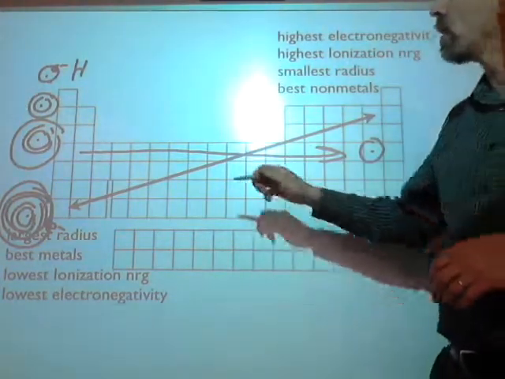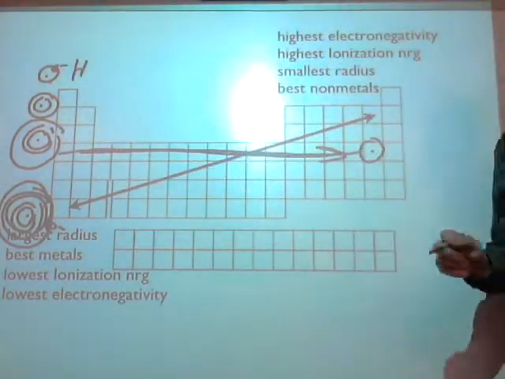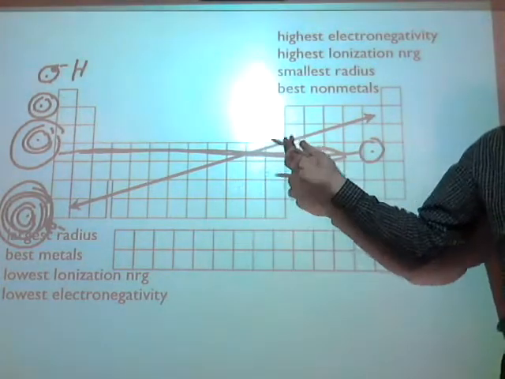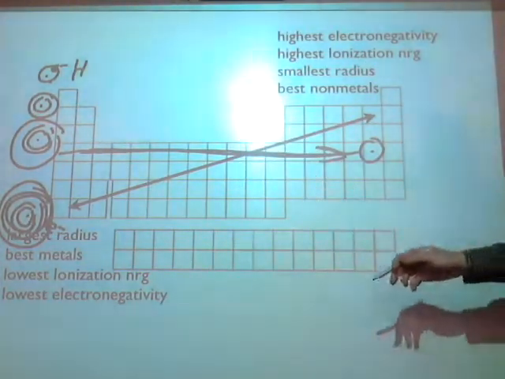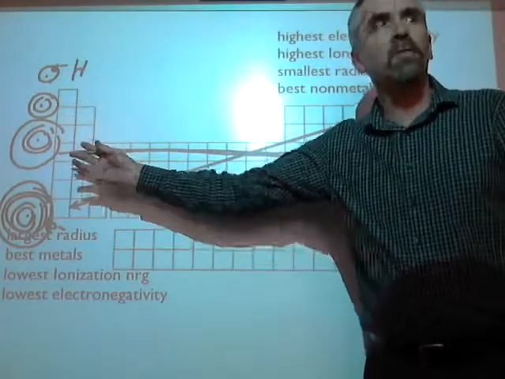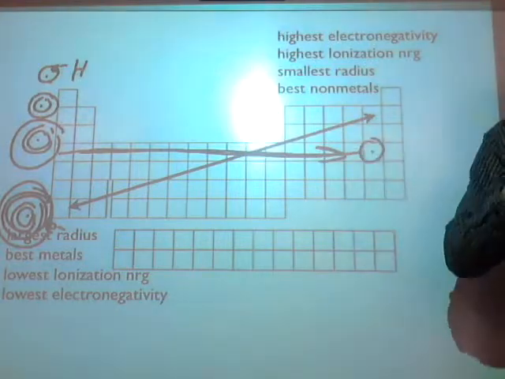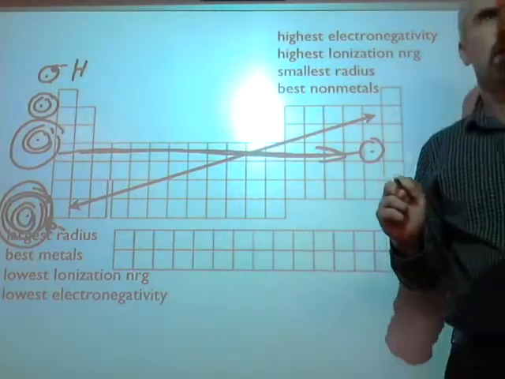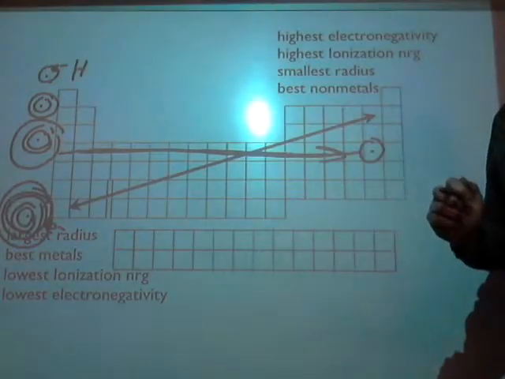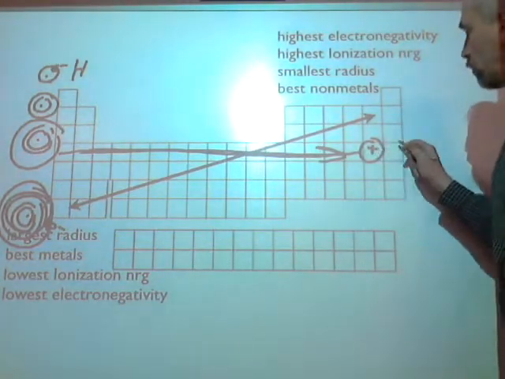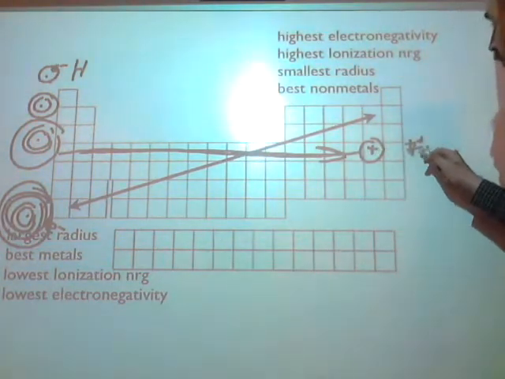No. If I'm going across a period, am I adding any energy levels or going down any energy levels? No, I'm just filling up the energy level I have. Okay? Why would you expect, as I go across, these guys actually get smaller? What do you think? Because there's more electrons around the nucleus. And? More attracted to the positive side. Well, yeah, actually, it's more of the fact that there's more protons in the nucleus,